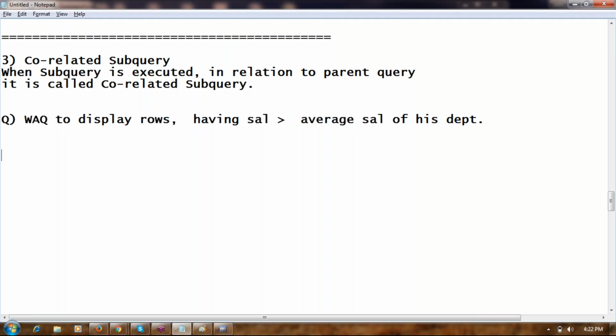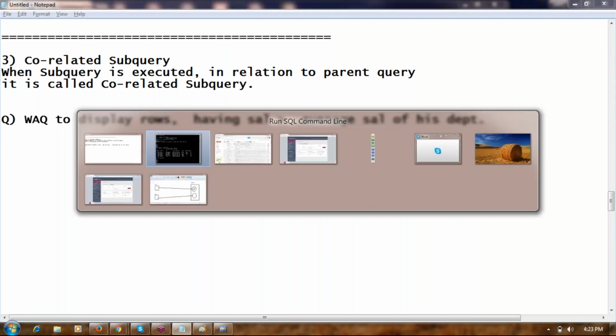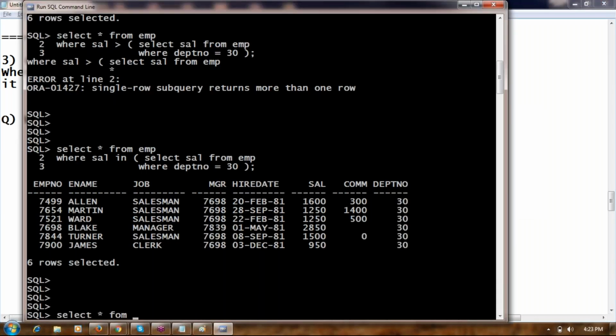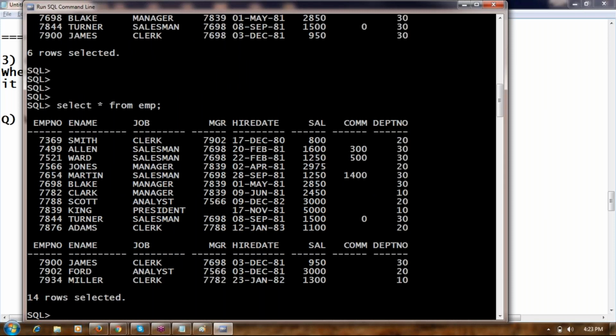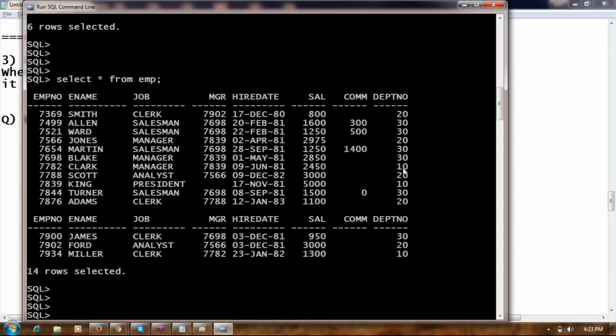I want to display the rows of employees whose salaries are greater than the average salary of their department. Let us understand the query first. How many different departments do we have in the employee table? There are 3 departments: 10, 20, 30.